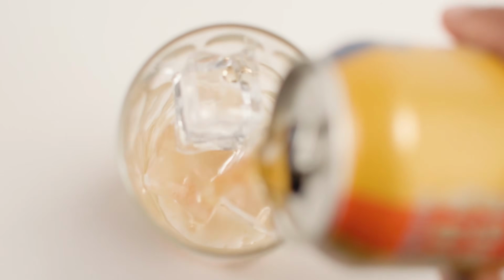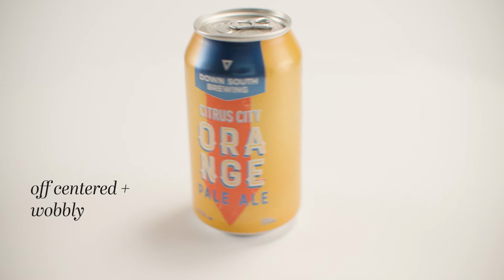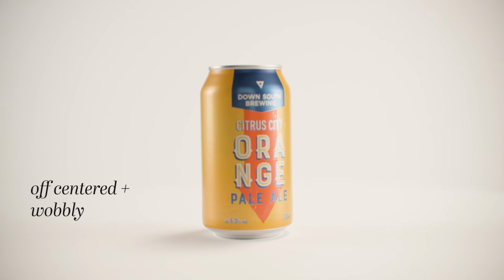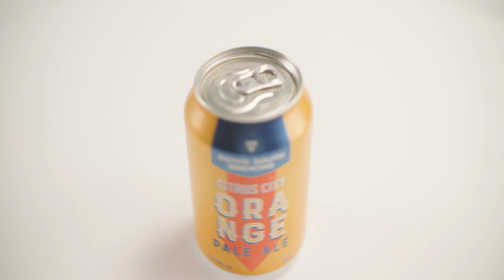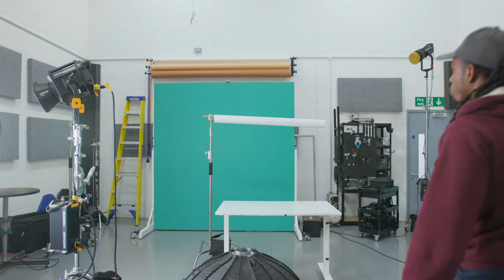Now I created this shot about 10 months ago, so this is sort of a recreation of it, but making it slightly better from things that I've learned over the last 12 months, and also looking back at that shot and thinking this could be improved and it could be so much better. So this is a perfect opportunity for me to take you through the special considerations that it took to make this shot almost perfect. So the first thing we're going to do is set up the backdrop and the lighting,